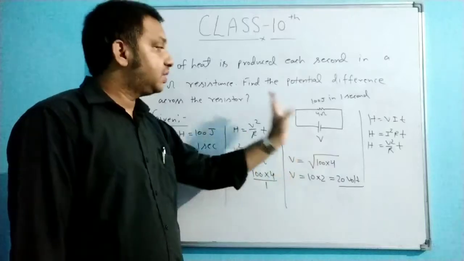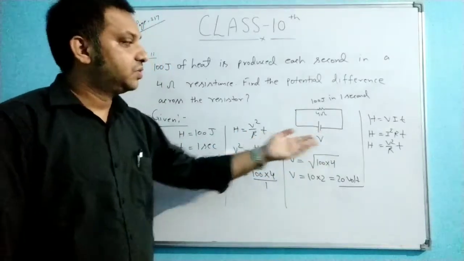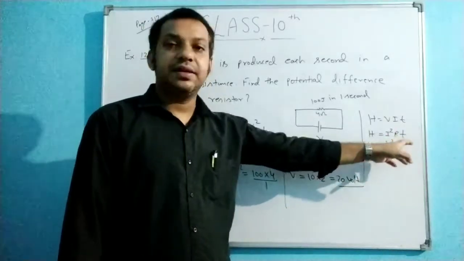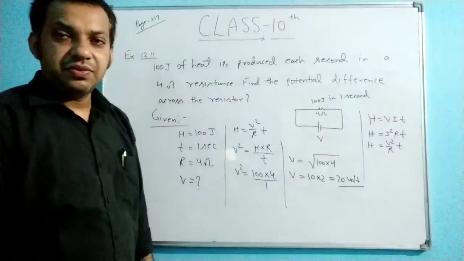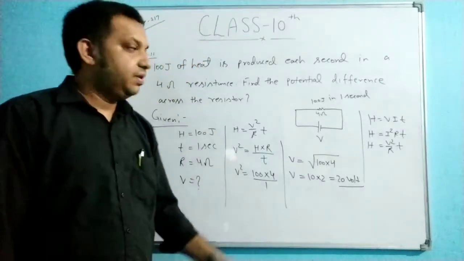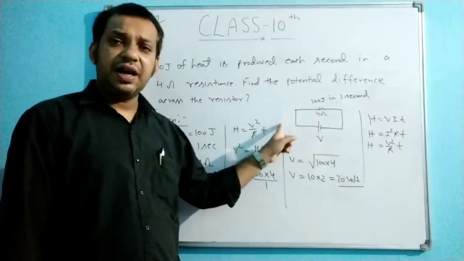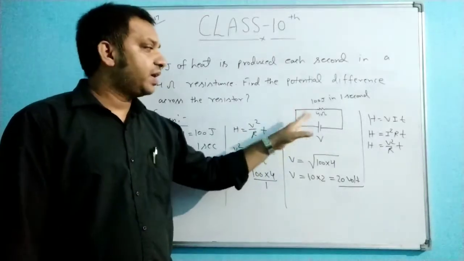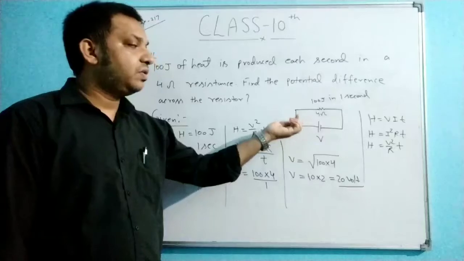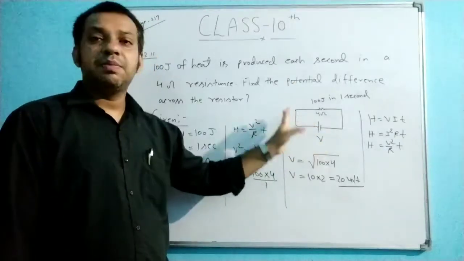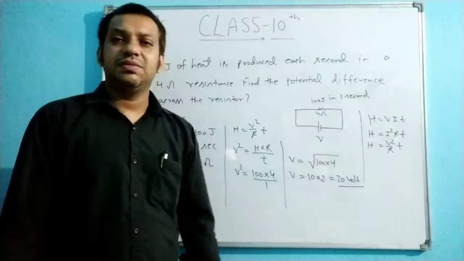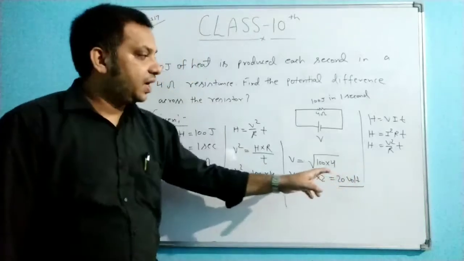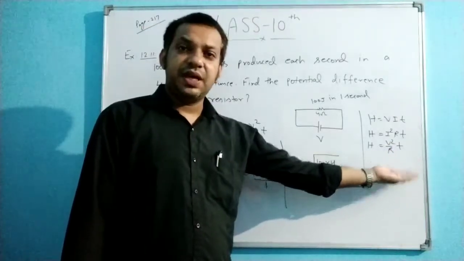If our aim is to find the amount of current flowing through this resistor, we have to apply the second one, because the second one relates the heat, current and the resistance at the time. But if you see the solution in the NCERT, he calculated first the current, and after that he calculated the voltage. By using the second formula he calculated the value of current, and then he just applied Ohm's law to find the value of the voltage. But we know the direct formula for the heat developed across the resistor, which is related to the voltage.